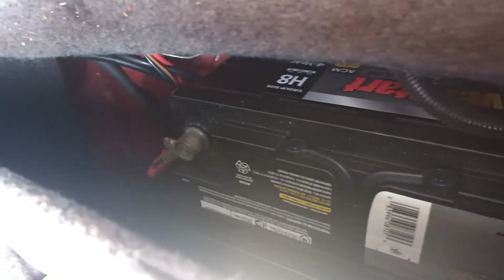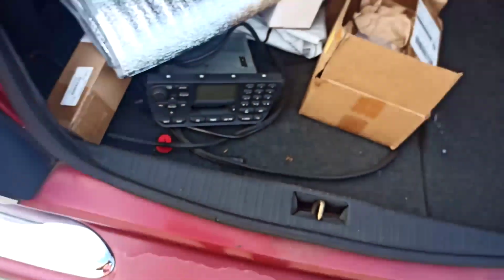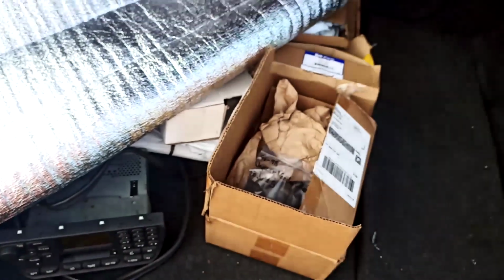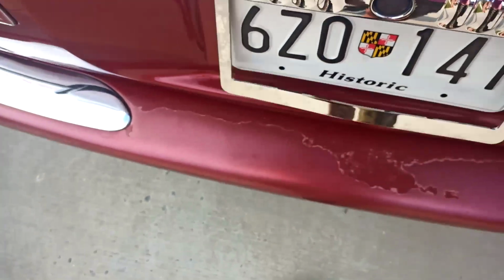And the CD there still works. I've tested it out. It does work pretty good. Of course, as you guys know, this is where the battery of this car is. I've got a big old H8 battery in there. I got a Walmart one, and so far it's been pretty decent. Trunk space here is not fantastic, but it's adequate. Paint seems